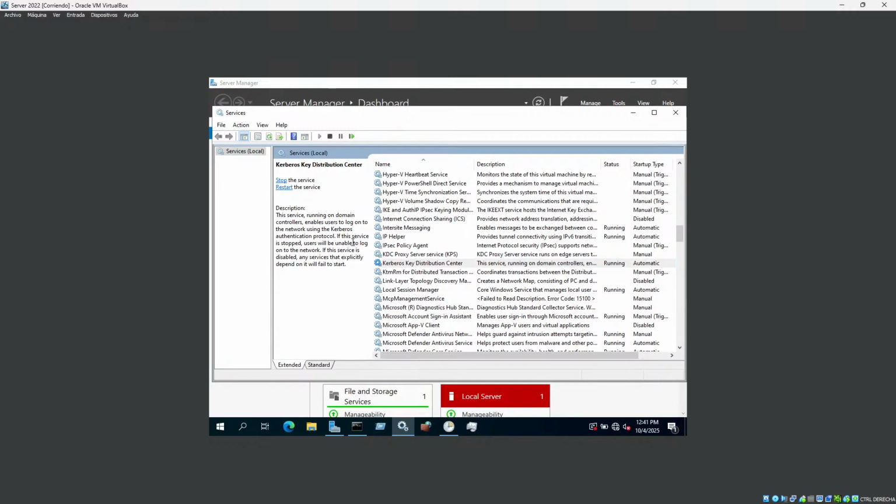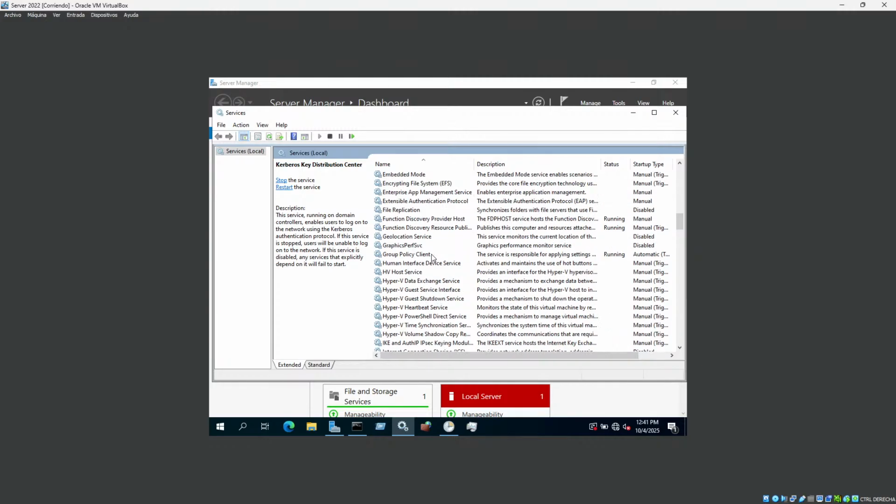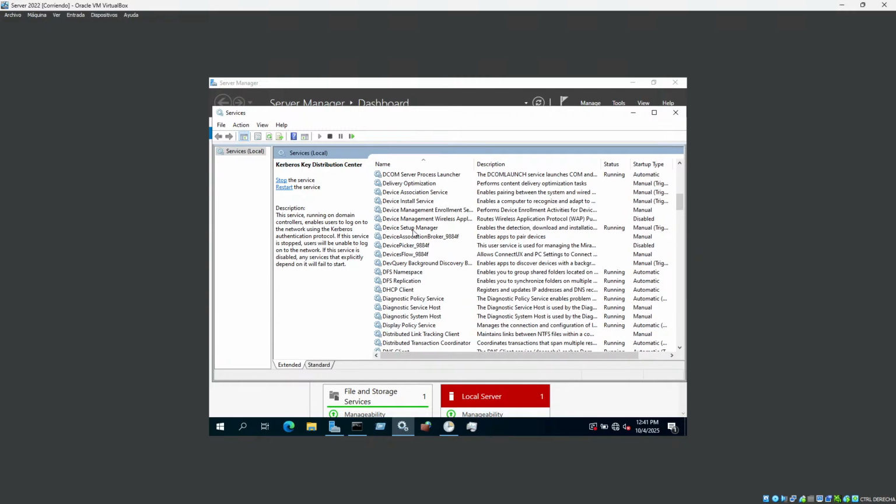If this service is stopped, users will not be able to log on to the network. If the service is disabled, the services that explicitly depend on it will fail to start. And also I found